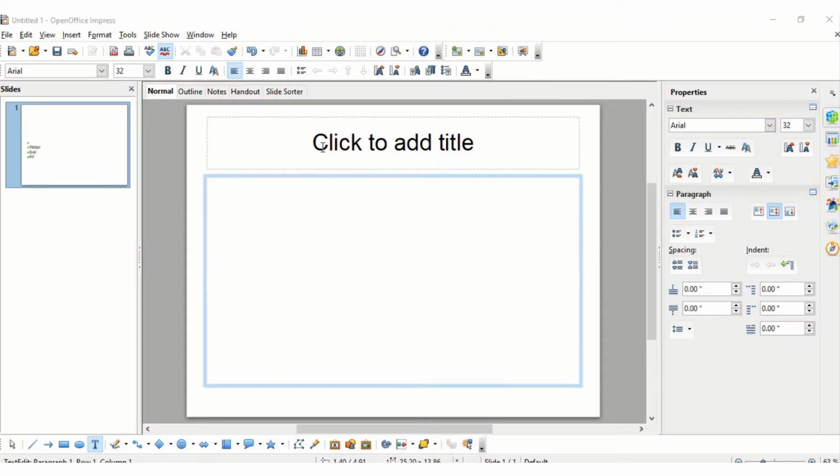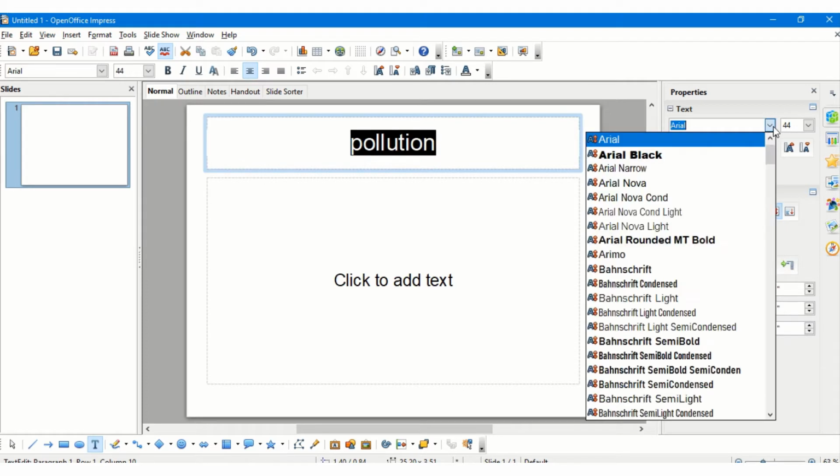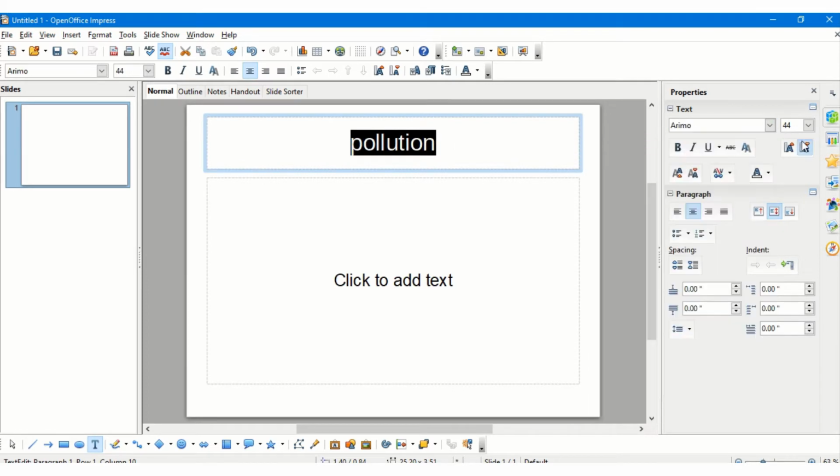Let us see how to format text in a slide. So I have a slide which is there on the screen. So I am typing some matter, and as soon as I type it, the text toolbar will open up, or a properties window will open up for me on the right hand side, and from here itself, by selecting the text, I can change the font, I can change the font size to whatever size I want, I can change the alignment to left, center, right, or justify.